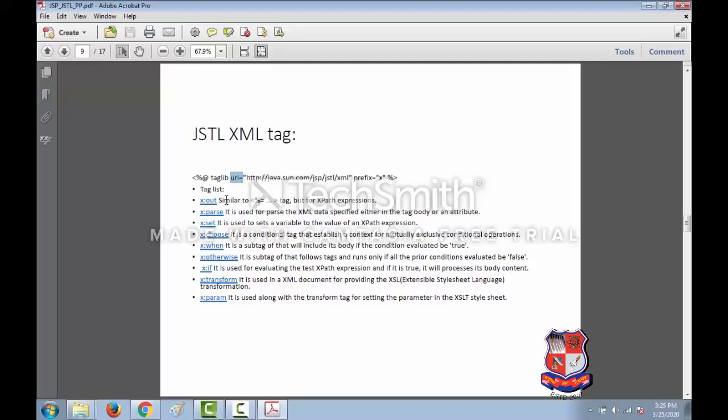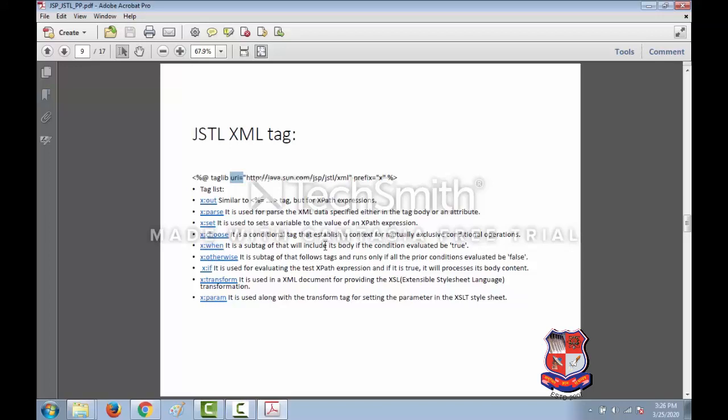Now we have different tags like x:out, similar to the expression tag, but we have to specify an XPath expression. Then x:parse, it is used to parse the XML data specified either in the tag body or an attribute. Then x:set, it is used to set a variable to the value of the XPath expression.